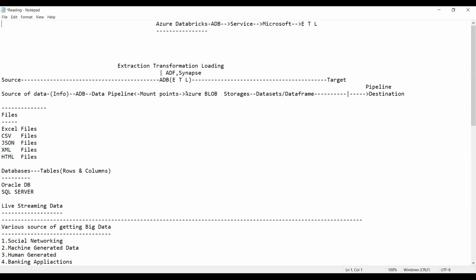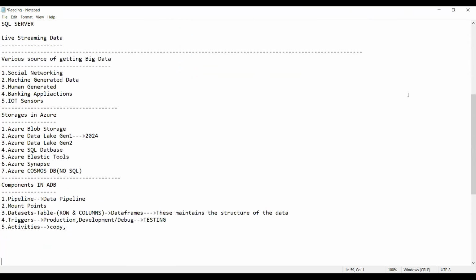So here the activities I'm using are copy activity and conditional activity. So these are the actions, what type of action you want to perform on the data. Ultimately, that is called the activities. Now, the next one you have it here as data flows.